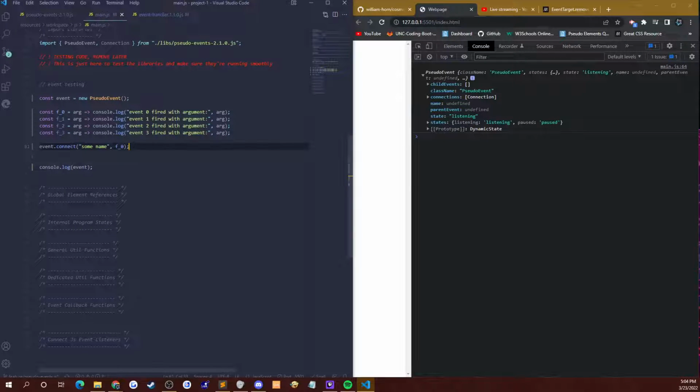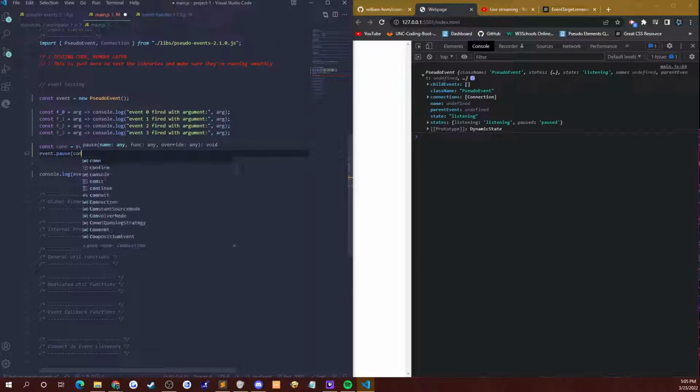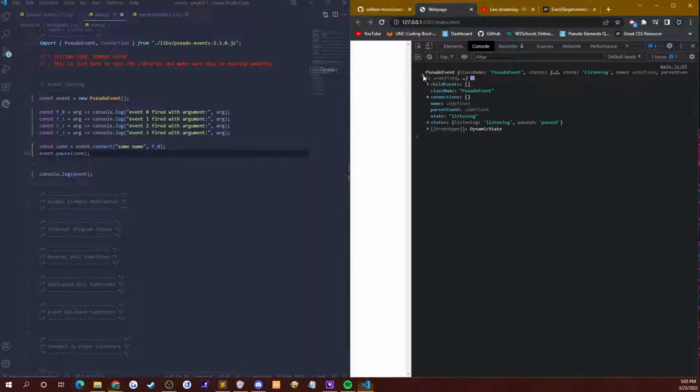Okay, so let's do a little bit more experimenting. All connect methods will also return the connection object. So I should be able to say const connection equal to this, and then I should be able to use that connection object as a literal in the other class methods of events. So I should be able to say pause connection. If I save this, we should see that the